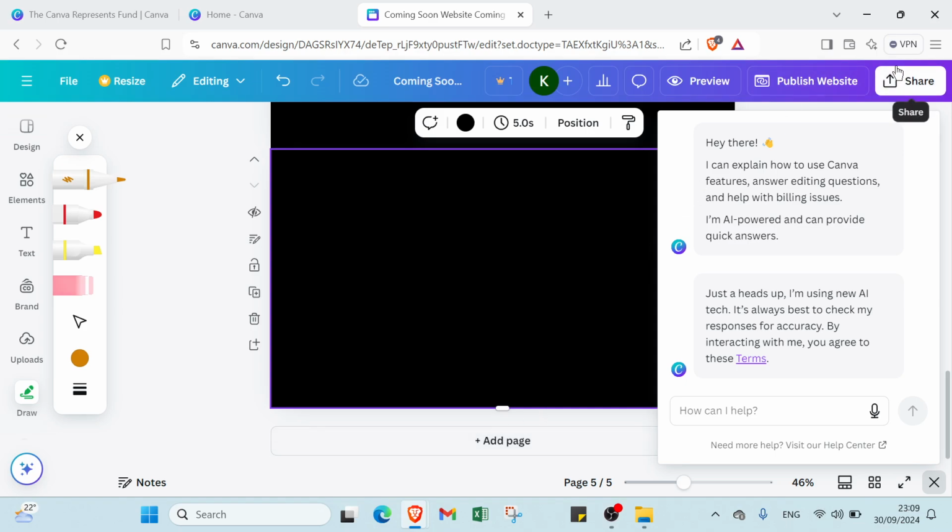So to create a website on Canva, start by signing into your Canva account and selecting the website option from the templates menu. Browse through the various pre-designed templates that suit your style and purpose, and click on one to customize it. Use the drag and drop editor to add text, images, and elements, adjusting colors and layouts as needed. Once you are satisfied with your design, click the Publish button to either share your website link directly or download it for hosting elsewhere. With Canva's user-friendly tools, you can create a professional-looking website in just a few simple